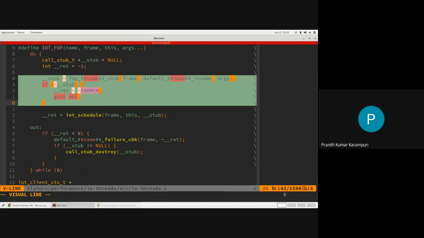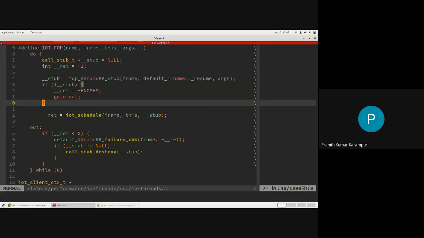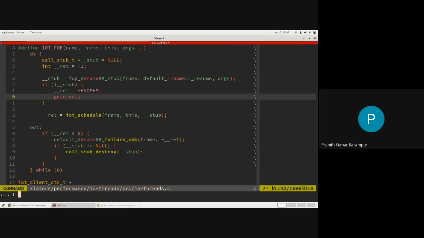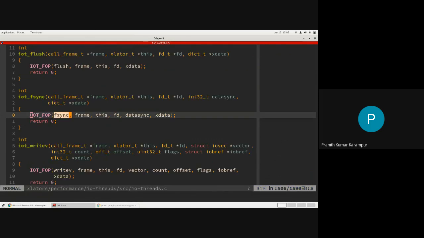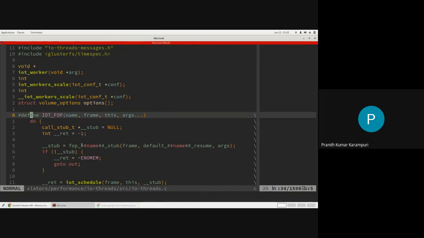A stub is a data structure present in GlusterFS in which you can store the function to call in future and whatever the arguments are. So let's look at FOP lookup, for example. This is the macro way of saying which FOP is coming. This name is the one that is passed. For example, for fsync, we are passing fsync, so this gets replaced with fsync, FOP fsync. So let's look at FOP fsync.